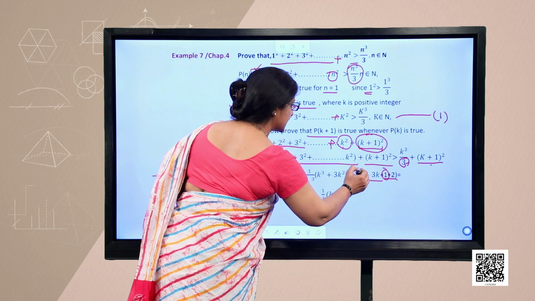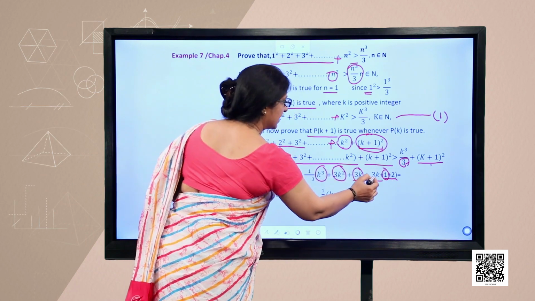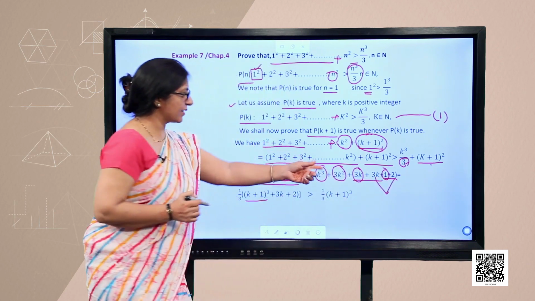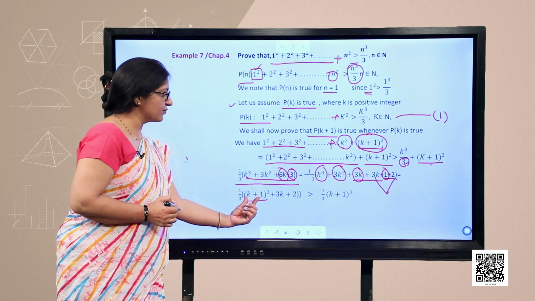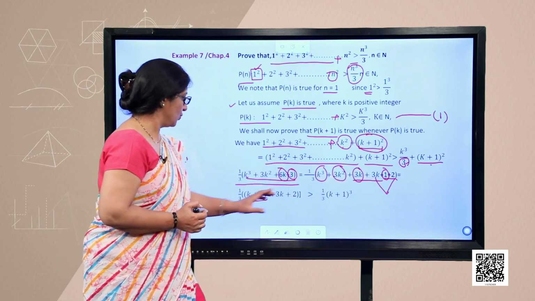If you use these 4 terms, leaving these 2 circled terms, it will make k plus 1 whole cube plus 3k, the left one, plus 2,